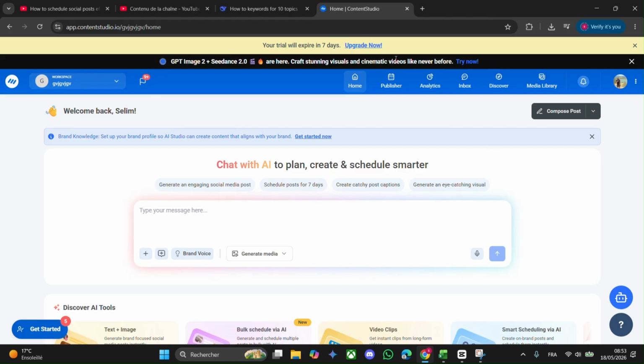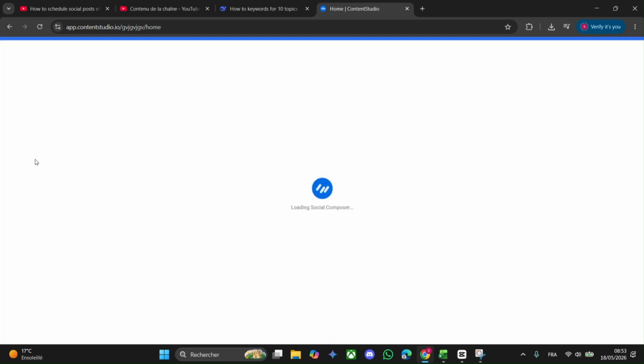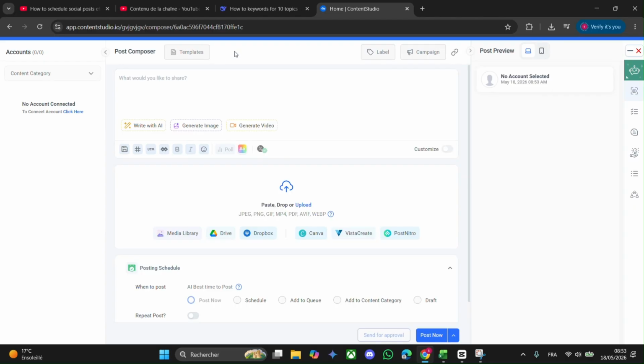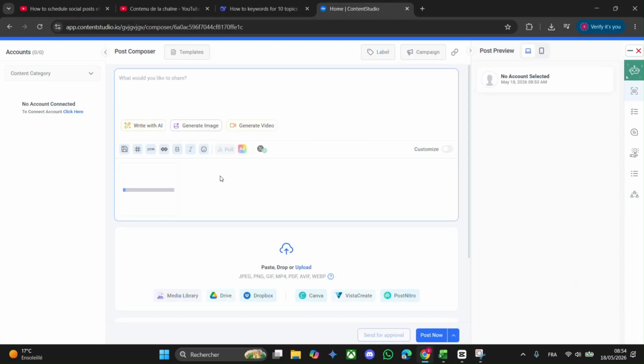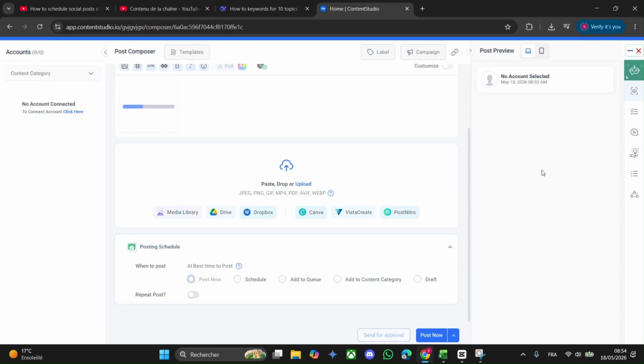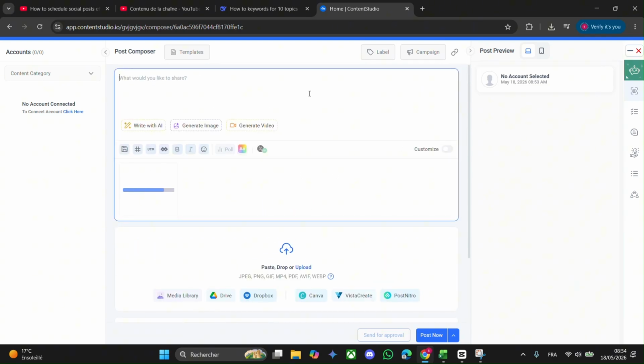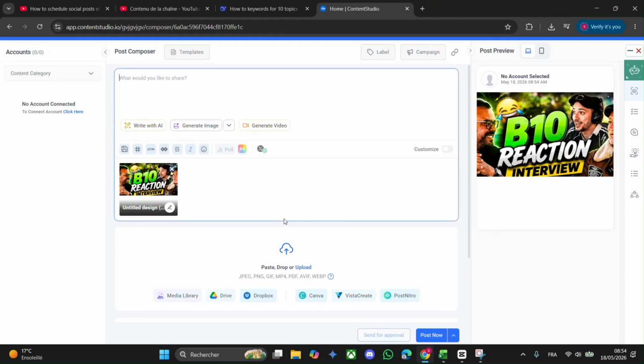So log in to your ContentStudio with your Google account and head over to Compose Post on the top right tab. Click on it. And now just add your post media. Click on this button to browse your post media. Example, let's see this post image, and you can add a description here. So just add a description,